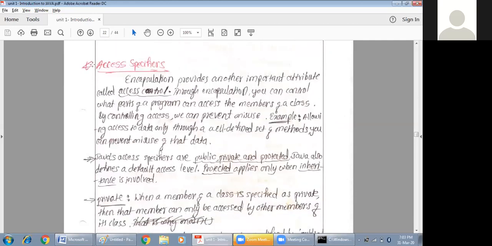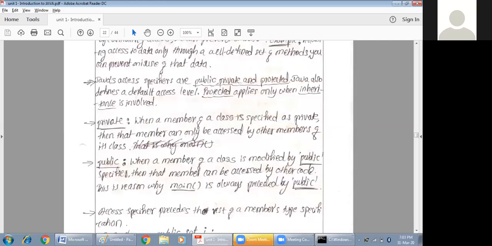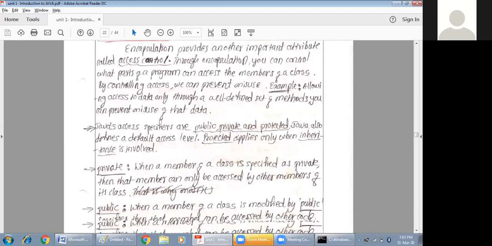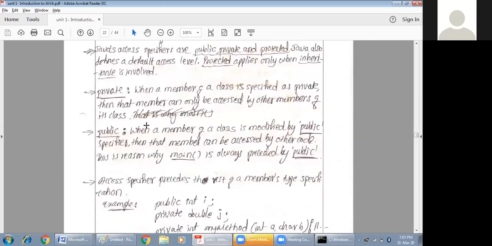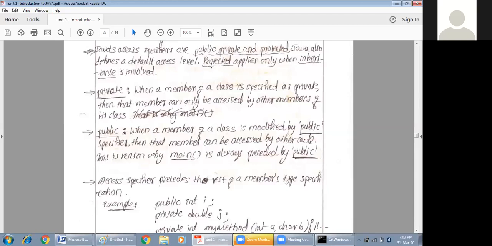The next concept is different access specifiers. Those who have attended the OOC bridge course classes know the different access specifiers are private, public, and protected. Even if you have missed the bridge course classes, you can easily follow this. It's not a problem. In the third module, we'll be discussing it in detail. There are three access specifiers in OOC: private, public, and protected. Protected will be used only in case of inheritance, which we'll discuss in the third module.